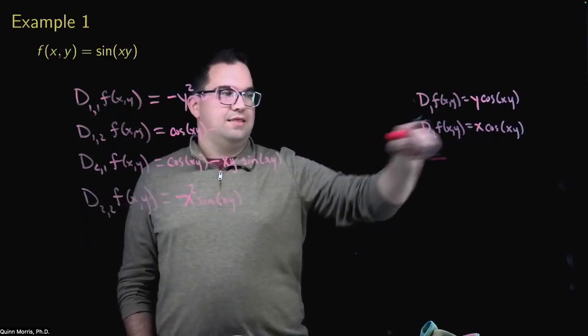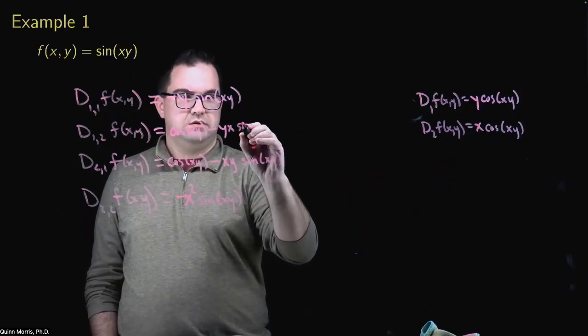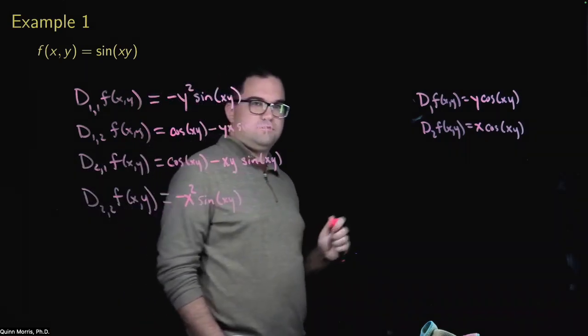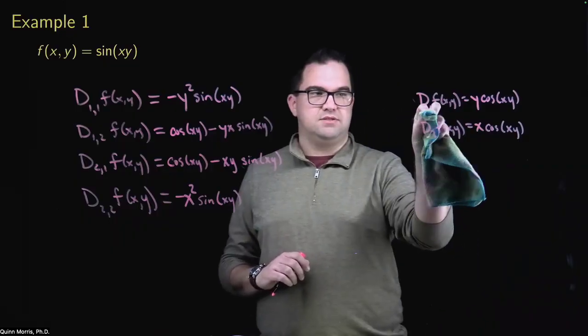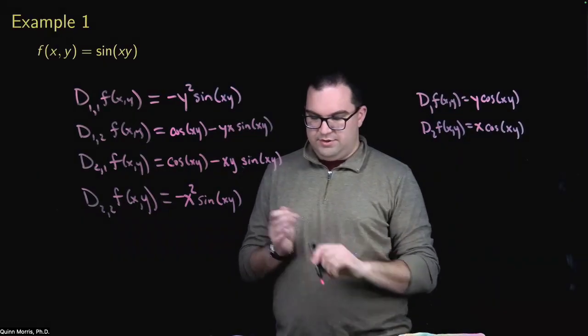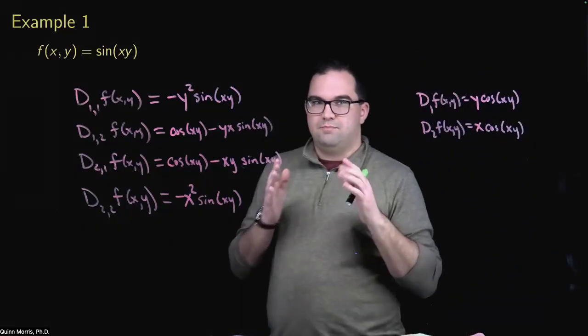So I'm going to get a y that comes out here. So I get a minus yx sine of xy. All right, so this is just like standard Calc 3, calculate the mixed partial derivatives. Okay. Now, one of the things you may quickly notice is that while I was very particular about